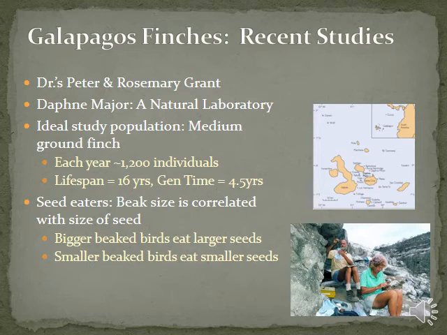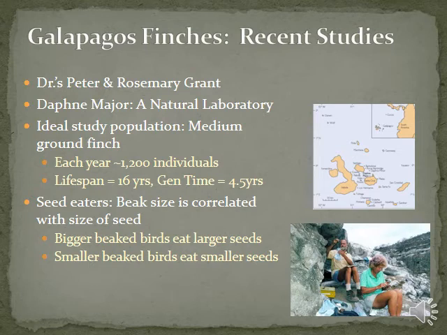They would get up really early, tag, and record data, and the lifespan of the medium ground finch is about 16 years. They initially were just going to go for a few years, and they've been going for over 40 years to this one island. So that's the data we're going to talk about today, from that long-term experiment documenting evolution in process in the Galapagos island chain.